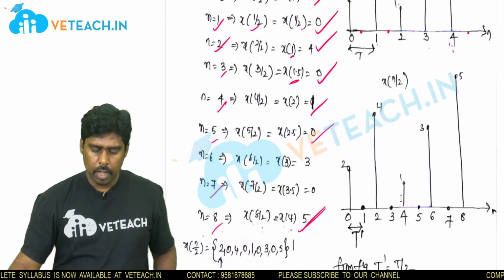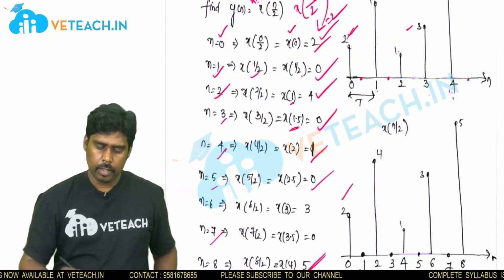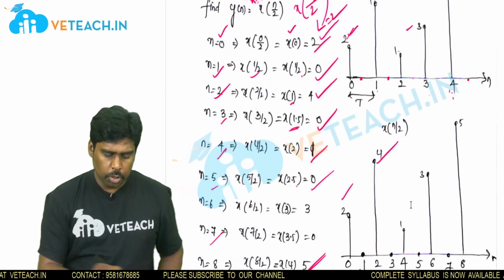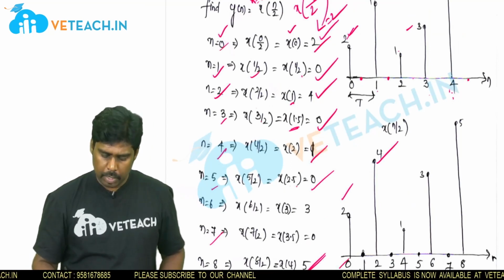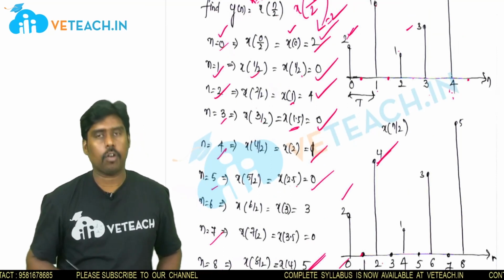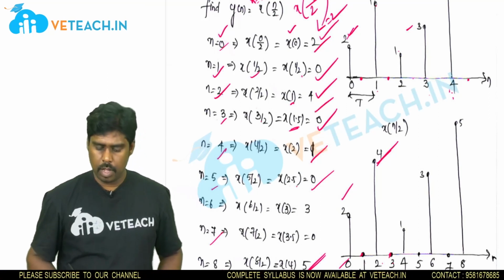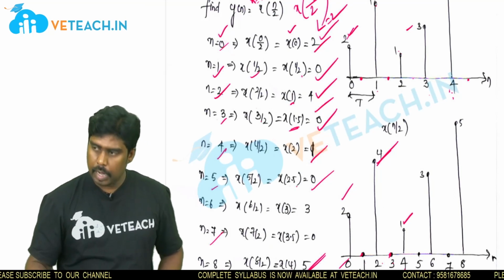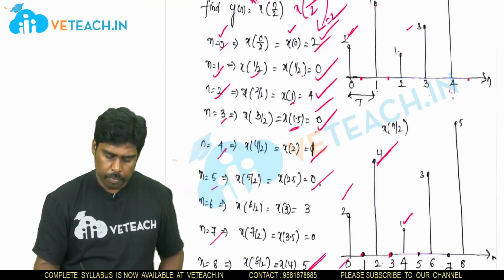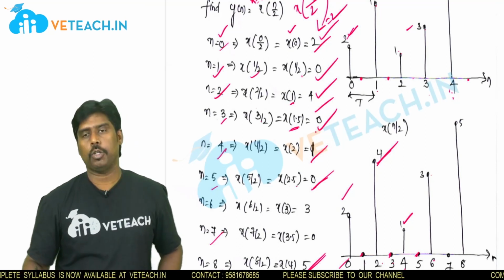Now see here, if I draw this sequence, this 2 is there, I have drawn 2. Then this 4 is there, I have drawn 4. But see the position of n. At 0 position we have 2. At 1 position we have 0. At 2 position this 4 is there, I have drawn that 4. Again at 3rd position we have 0. Again at 4th position we have 1. Again at 5th position we have 0. And at 6th position we have that 3. Likewise you can draw the sequence.